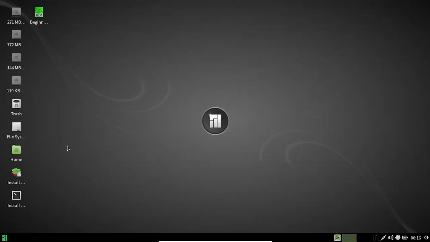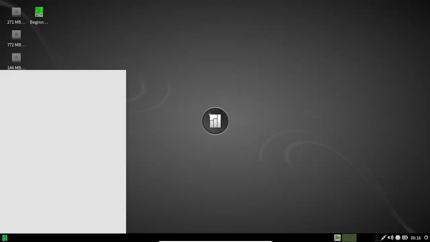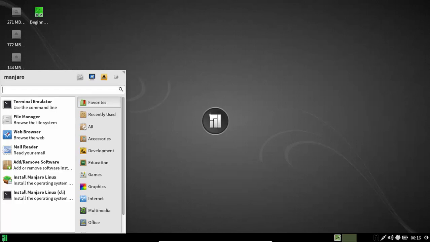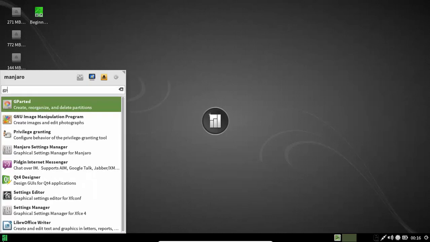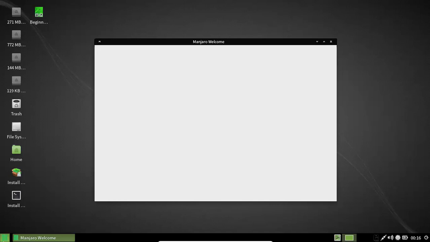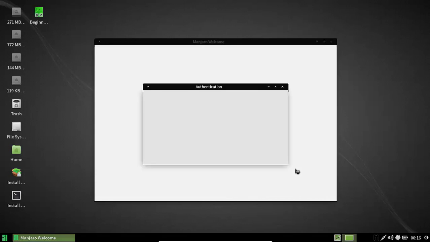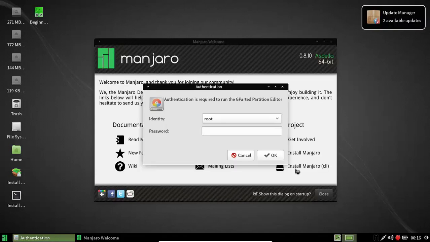So let's get it started here. First, this is what I do. First I load up GParted. God, this is a virtual machine, so it takes forever. Okay, now,